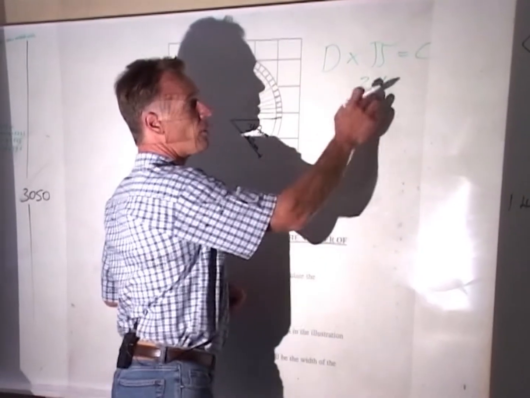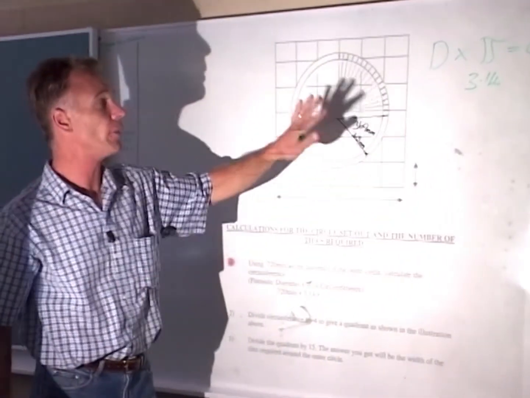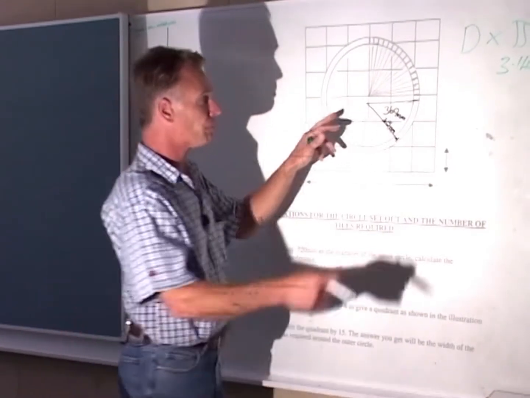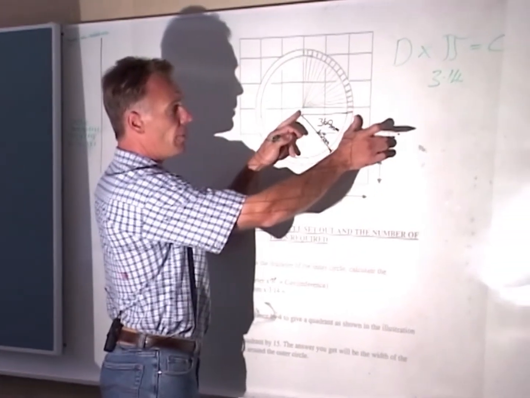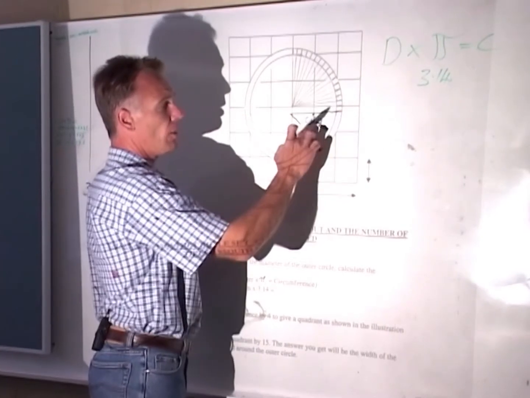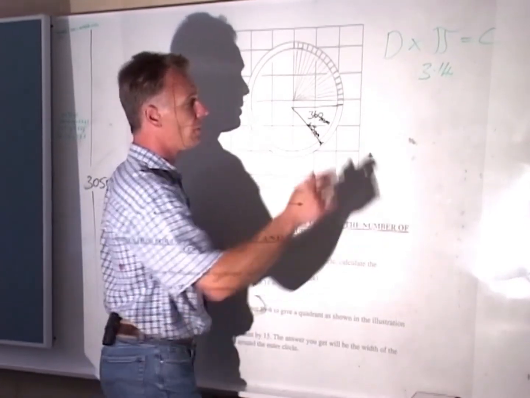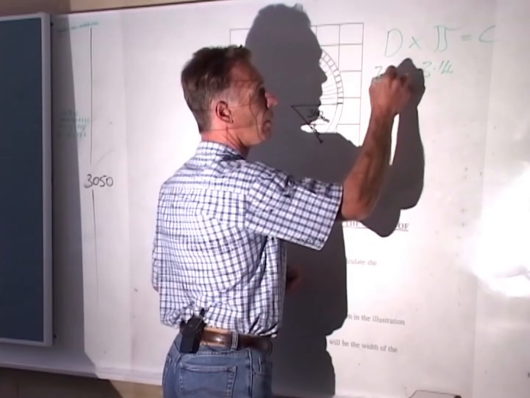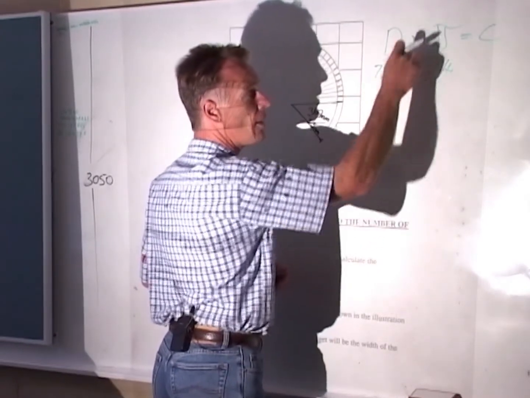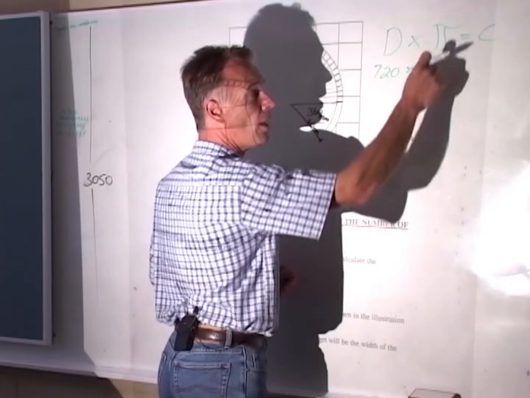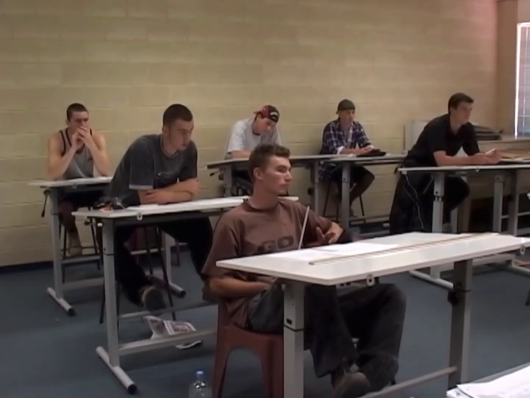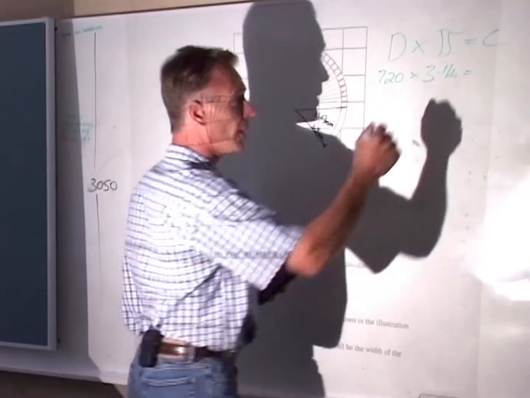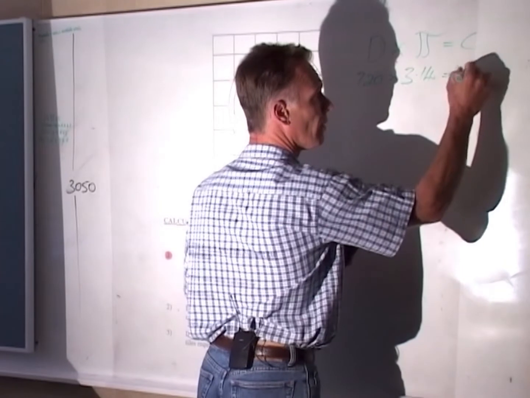So guys, let's apply this formula to your actual project. We've got our diameter here from side to side, which is going to be 2 times our radius. So 2 times 360 will give us exactly 720 mils. All right, times, as our formula states, times our pi will equal, I'll just quickly do that on the calculator. Great, okay, 2.261.